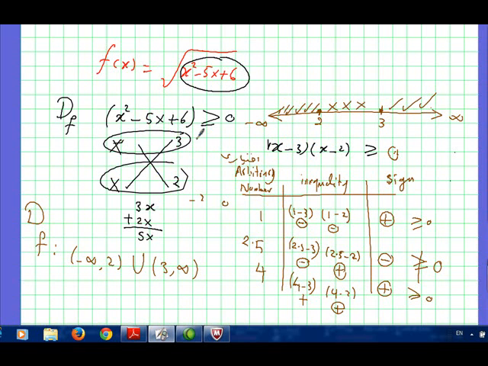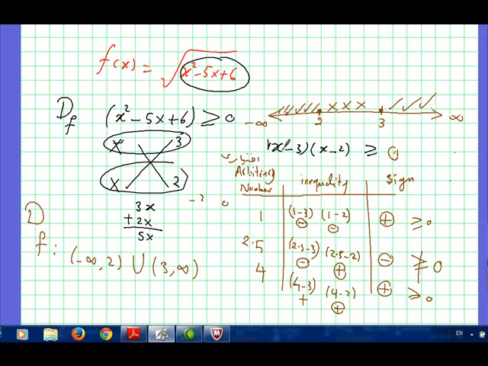That's good. This inequality greater than or equal 0, we have to make the whole number line and take these edges. X minus 2 equals 0, x will be equal to 2, x minus 3 equals 0, x will be equal to 3. 2 and 3 bisect the whole number line into 3 intervals. One interval from negative infinity up to 2, another interval from 2 up to 3, the third interval from 3 up to infinity. Now we will take an arbitrary number at this interval. For example, we will take 1. You can take 0. You can take any arbitrary number from negative infinity up to 2.